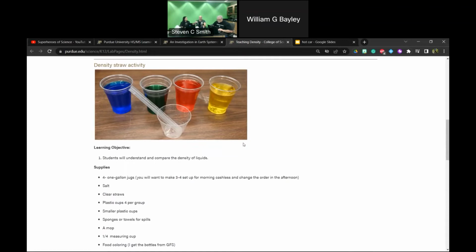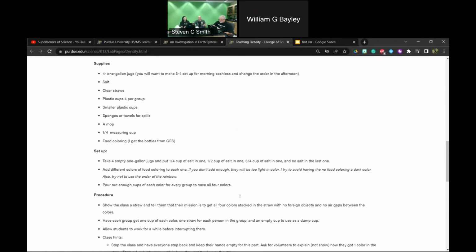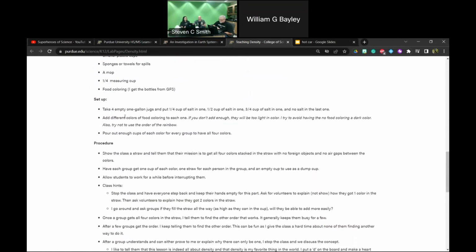Because think about it, you have a cup. Your liquid can't be taller than the cup, so you can't put more than that in the straw. And you'll just take the straw and put your thumb on it, lower it just a little ways into the cup, go into the next cup, lower it a little bit more, take your thumb off, put it on. Slower is better, by the way. Kids can go really fast. Going slower is better. But I let them figure that out. This is something that they really figure out. And like I said, 1 gallon.